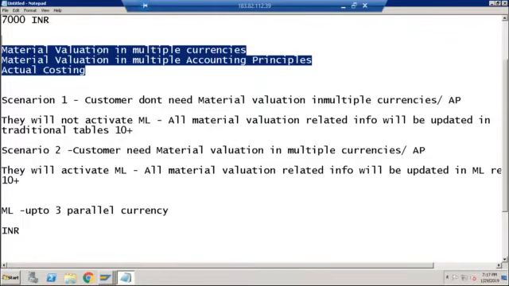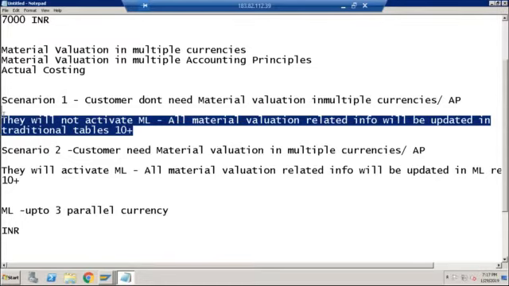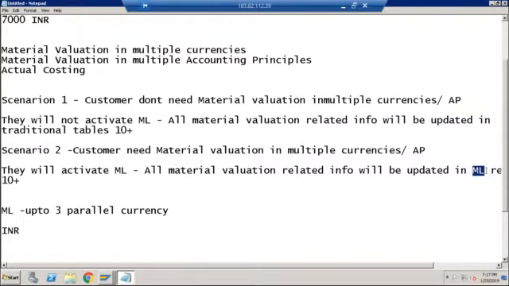Understand this terminology, technically. Technically means if these tables are removed and you have not activated material ledger, there is no other place where the data will be stored. The data can only be stored in material ledger tables, and material ledger tables only get affected when material ledger is technically active.